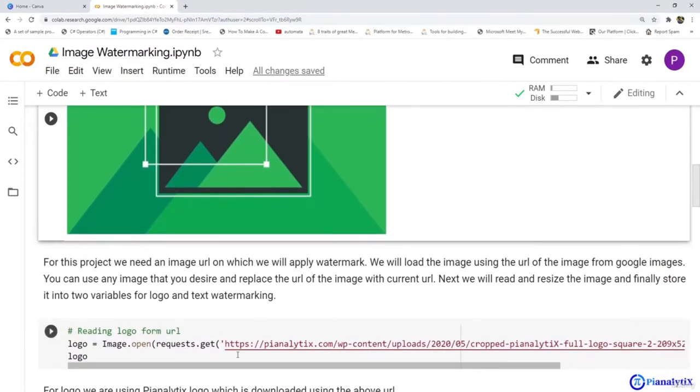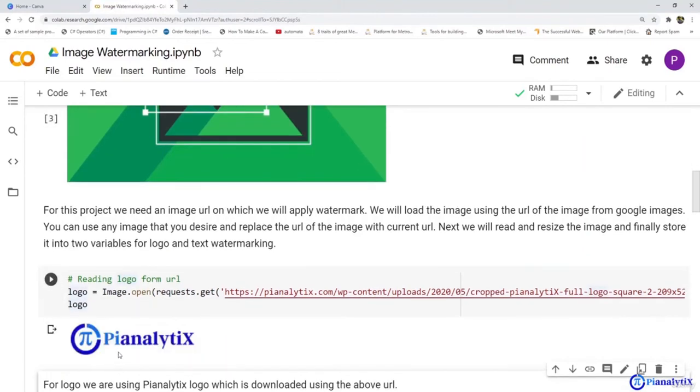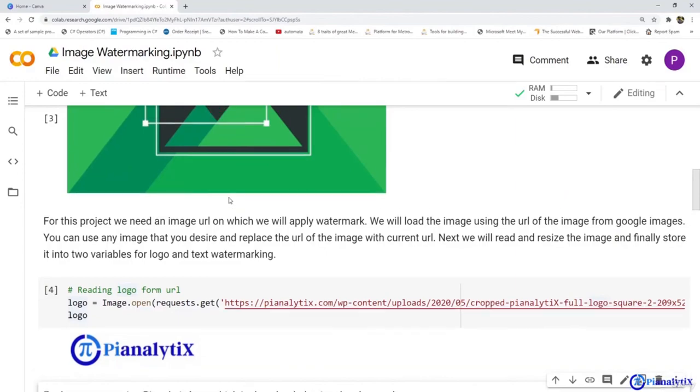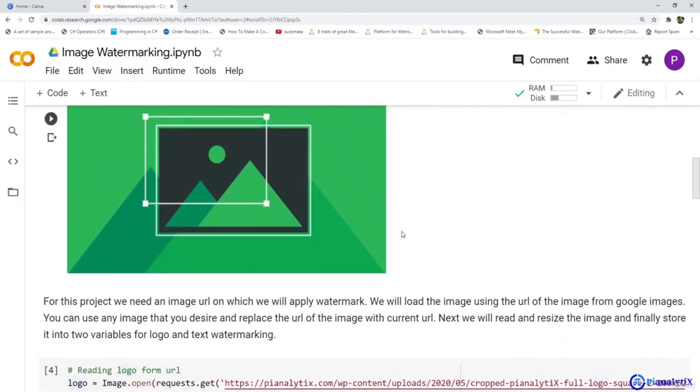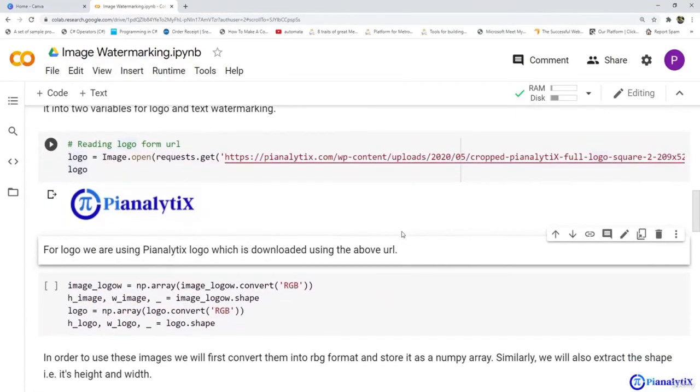Similarly, we'll download the logo using the requests library. We have taken the Pi Analytics logo from their site. This is the URL for that. You can take any logo, any watermark that you want to try. We have stored it into logo using the Image function from PIL and then display it. Let's run this cell and see. This is the logo we have imported using the requests library. We'll be using this logo on the image we have imported above. So in order to